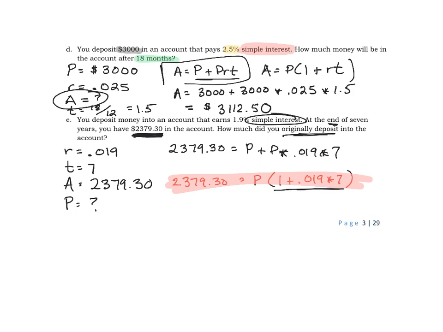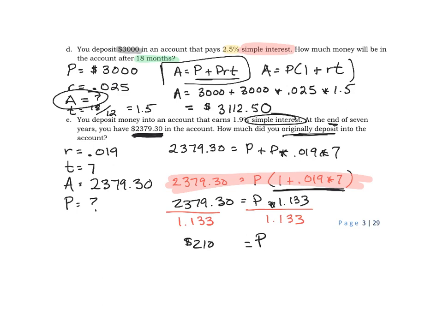So I can go ahead and figure out what this amount is. When this is a simple interest problem, that's really not that difficult of a step. So I need to put this in my calculator real quickly. I don't have that in my notes for reference, and we get 1 and 133 thousandths. And hopefully you remember that to solve an equation like this, we undo multiplication. We will divide both sides by the 1 and 133 thousandths to get P by itself. Okay, so we end up with 2,100. That is our